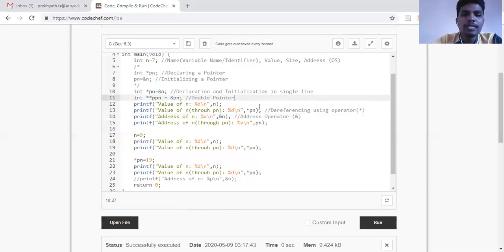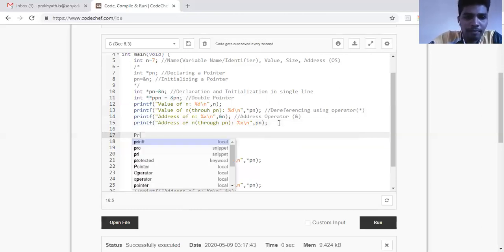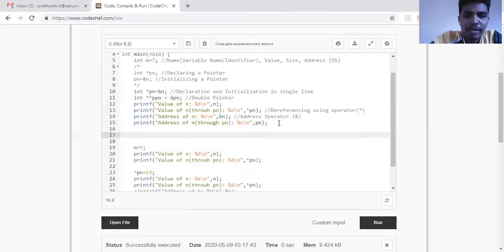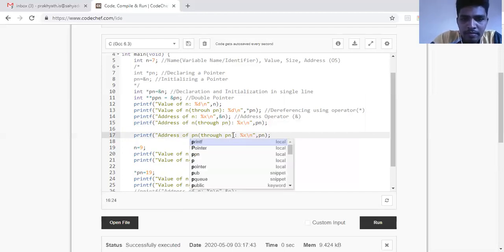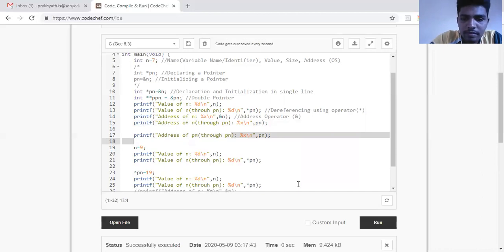Okay. Now we'll see whether it is holding the address of pn. First we need to know the address of pn, so I'll print the address of pn. How do we print the address of anything? We have seen it here, so we'll copy paste the same code.